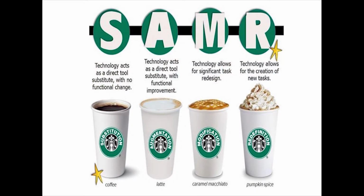In simple terms, I chose this graphic. There are many, many depictions of this: substitution, augmentation, modification, and redefinition. And clearly, if you had a choice, if you're a coffee drinker, which one would you want? You might go for the pumpkin spice, which is the R. So here's